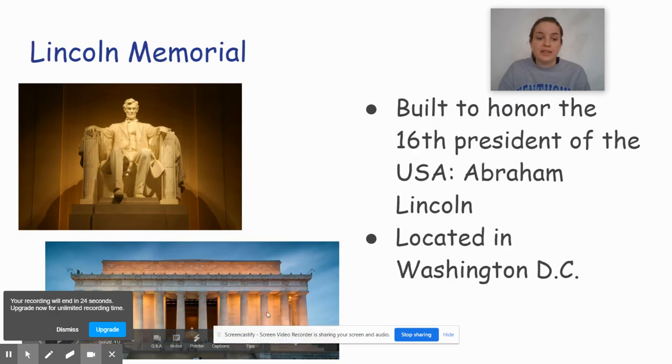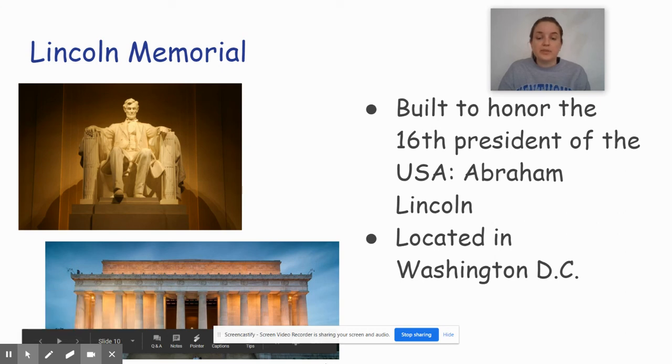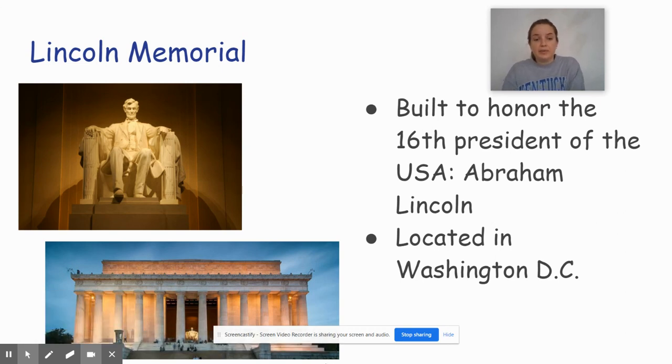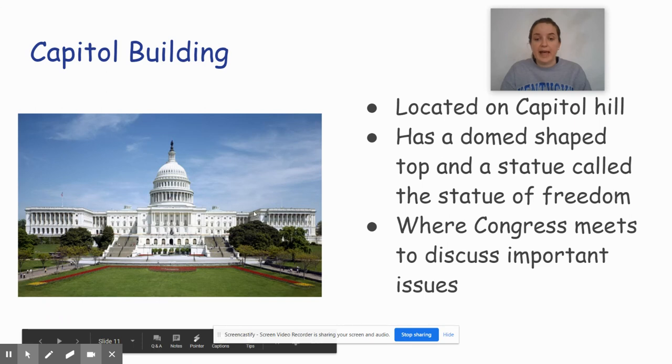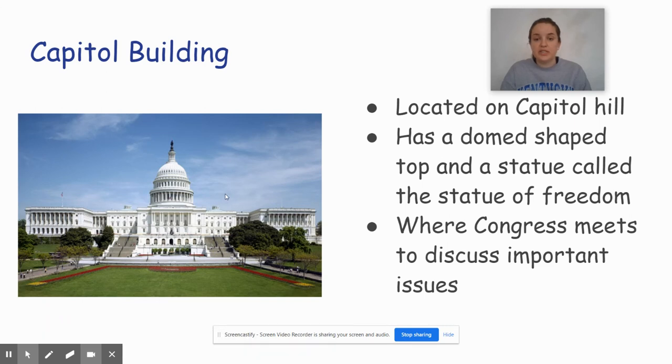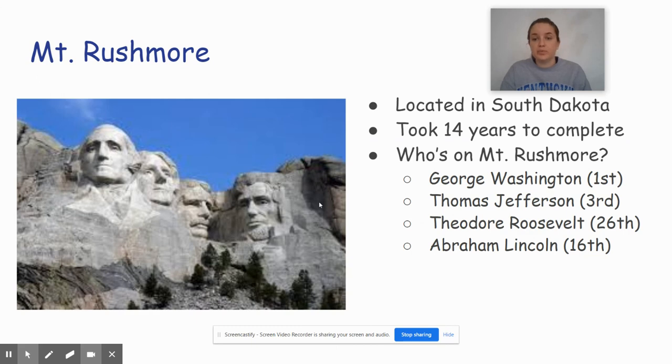We also have the Lincoln Memorial. It's hard to see with all this stuff. The Lincoln Memorial represents another important president, Abraham Lincoln. This is also in Washington, D.C. I'm going to go kind of fast. Our last two are the Capitol Building in Washington, D.C., where people make important decisions. Mount Rushmore, which is located in South Dakota, took 14 years to build. So we're going to talk